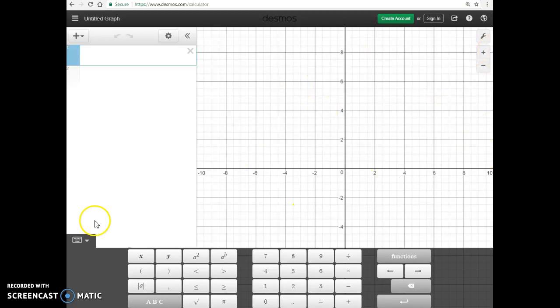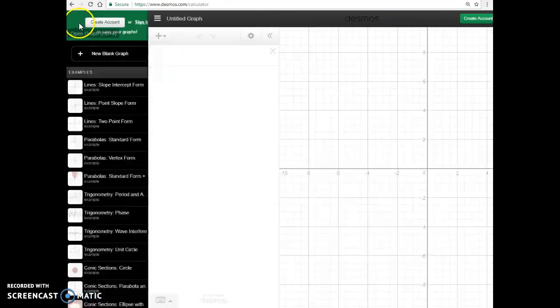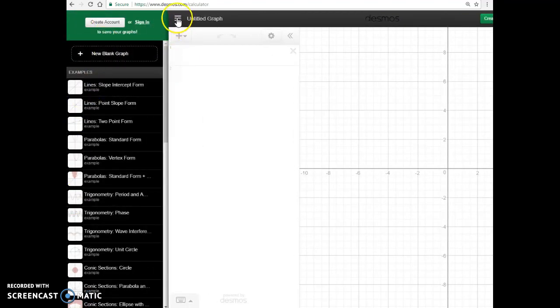You'll have a graph to the right, and you'll have your text input on the left-hand side, and you'll have this keyboard here, which most of the time you can avoid using, but if you're doing this on an iPad or iPhone, then the keyboard can be extremely helpful. So in here you have a few options. Number one, you can open up existing graphs, and